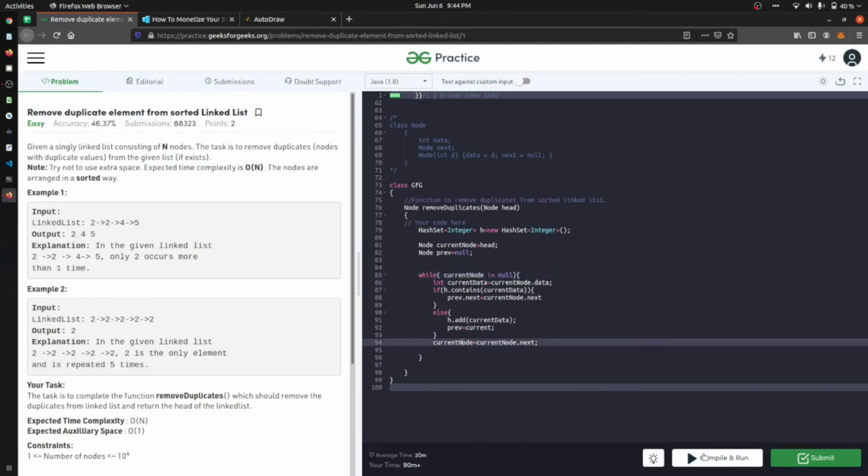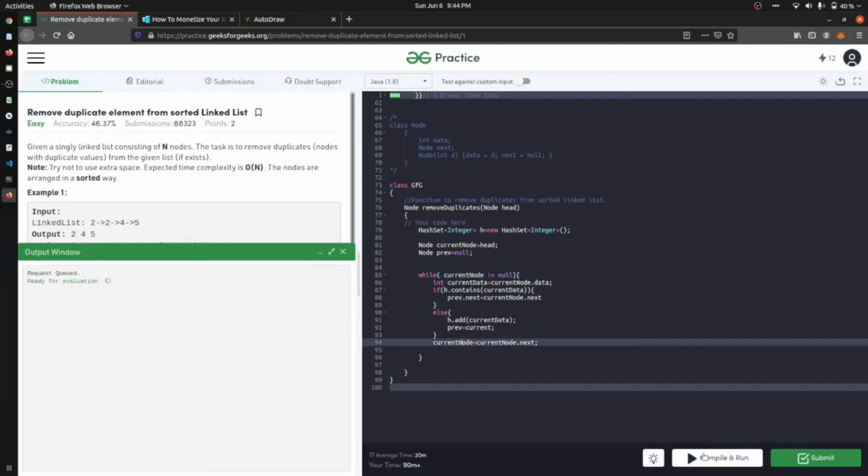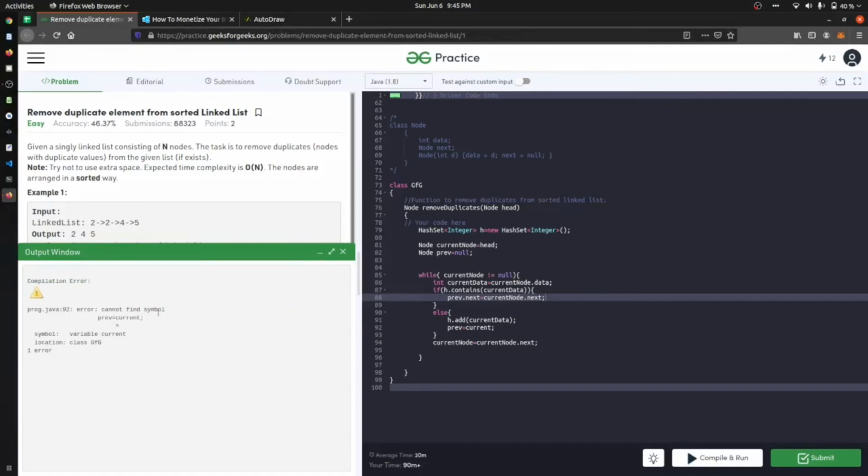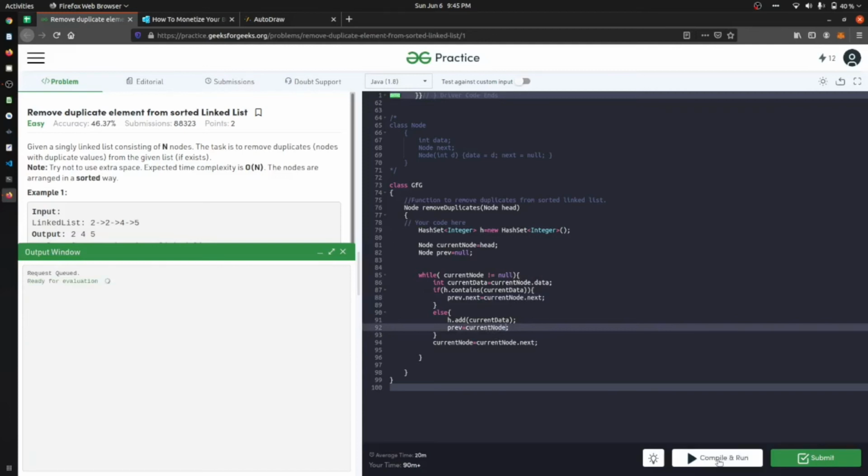Okay, so let's compile it and see. I hope it's right. Okay, we have this semicolon. Current. Okay, so this is the current node. Not current. We have missing, where is it?